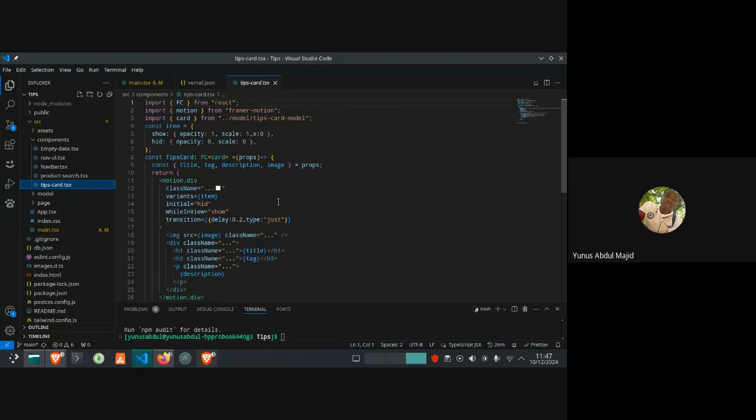And like I said, you guys, this particular project makes use of TypeScript. TypeScript is kind of like a JavaScript framework that handles types. I'm telling this component that this props is required to be an object with a title with a value of string, tag with a value of string, description with a value of string, email with a value of string.